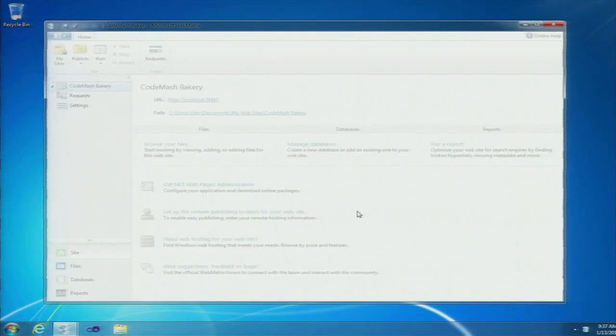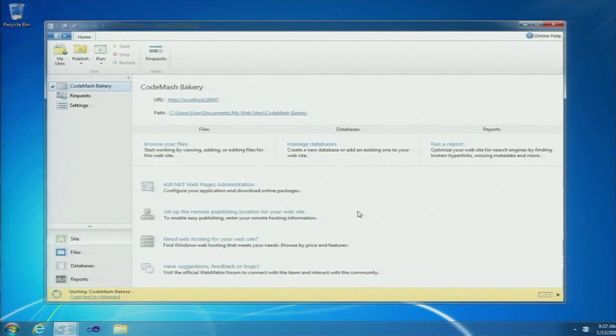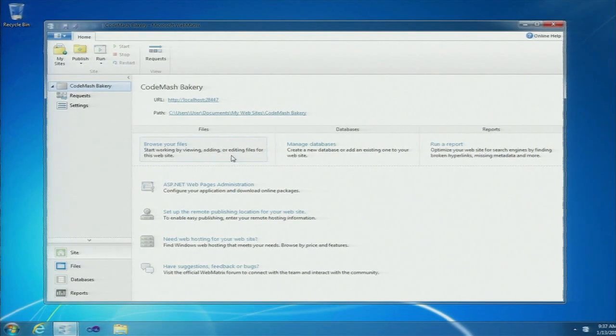The other thing that comes with templates is the file-based database, SQL Compact. This is really useful because we can actually ship the database as a template with dummy data to get you started even more quickly. In the Site Manager pane here, we'll see that we can drill into files in our site and edit them. We can manage the databases, or we can run reports like SEO, which is really useful for optimizing our site before we publish to make sure it's findable out there using search engines.